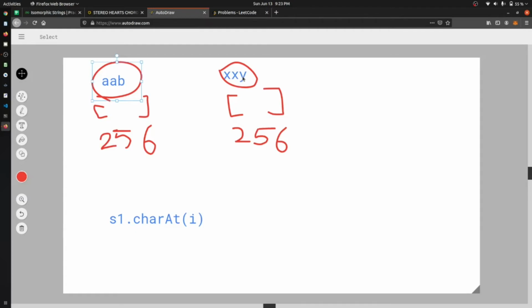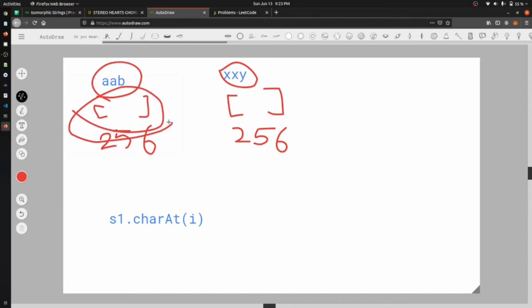Okay, so we will just check and increase the point at that element. Let's say that if we are at a and a will be defined in this array, so we will just increase that point of that array. Let's say that a is equal to, let's say, 97. So inside this array, we will go at the 97th position and increase the element by 1.